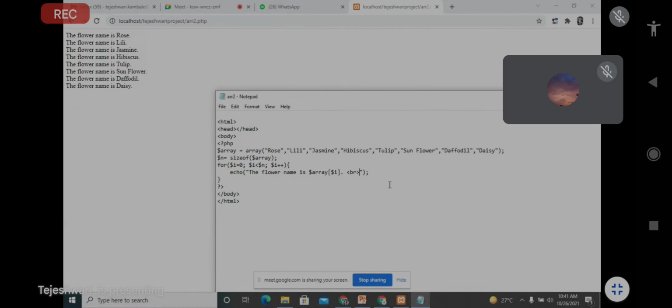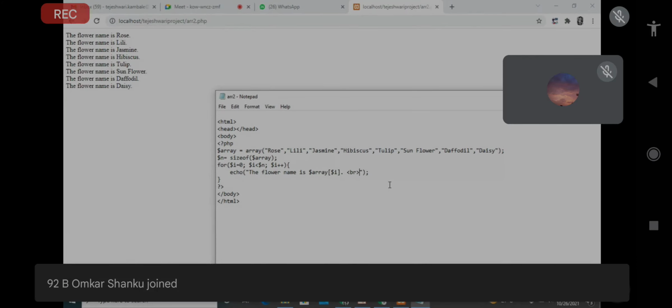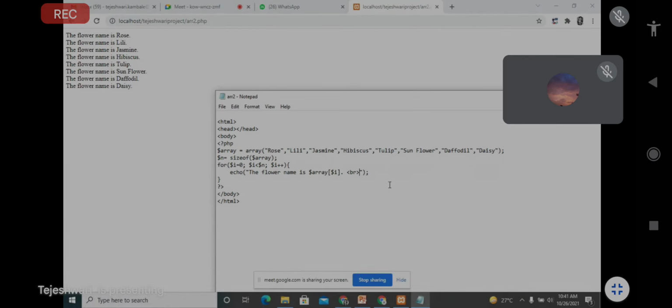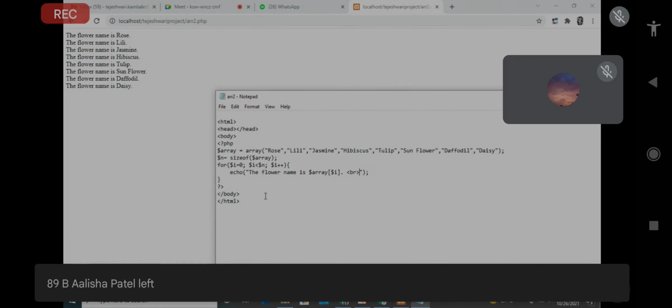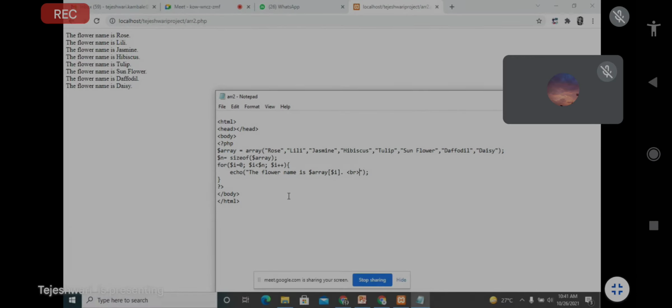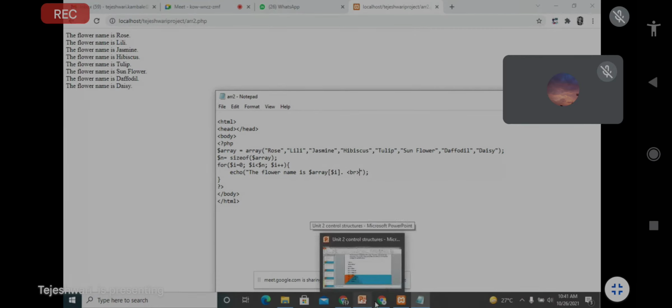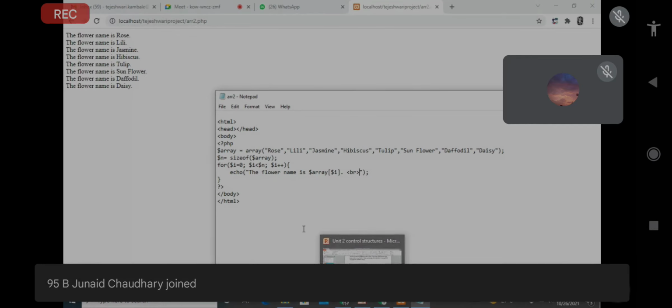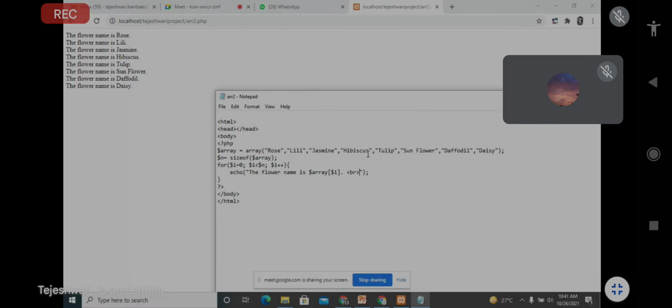So the flower name is $array of $i, for the zeroth position that is Rose, first position Lily, second position Jasmine. One by one, the statements will be printed. Do all of you understand this program? Yes, ma'am. Yes, madam. Okay.